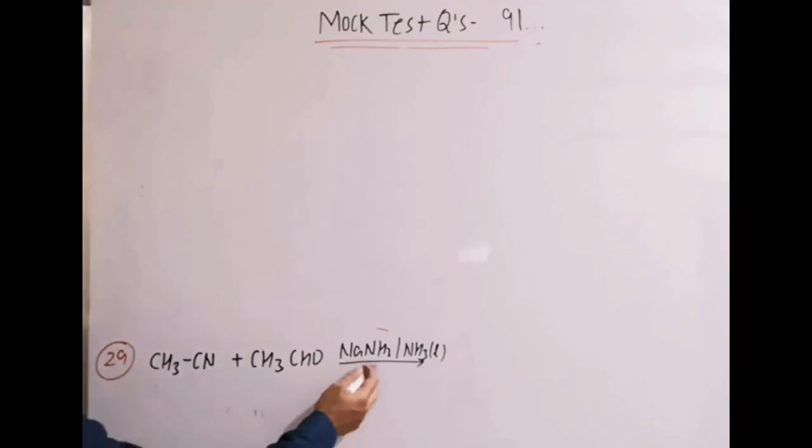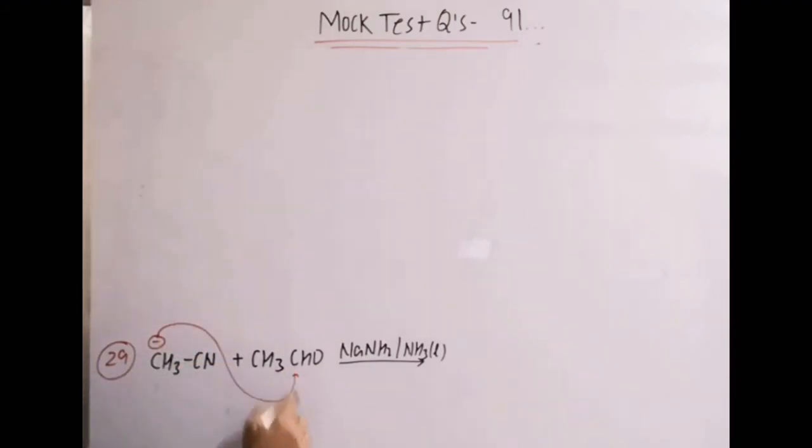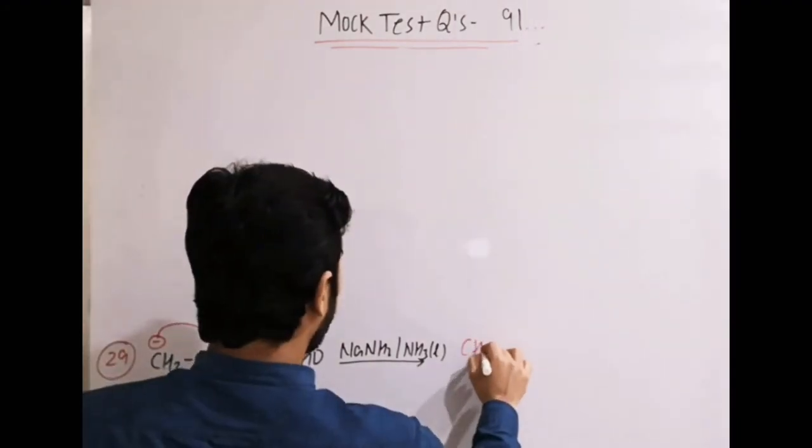Now in this case it is simply alkaline medium or strongly basic medium, aldehyde, and there is CH3CN. We know that it is a type of aldol. Why a type? Because here this is the CN group which makes this hydrogen acidic. It leaves and C minus forms, CH2 minus nucleophile, it will add over there, and firstly we get an aldol type product,